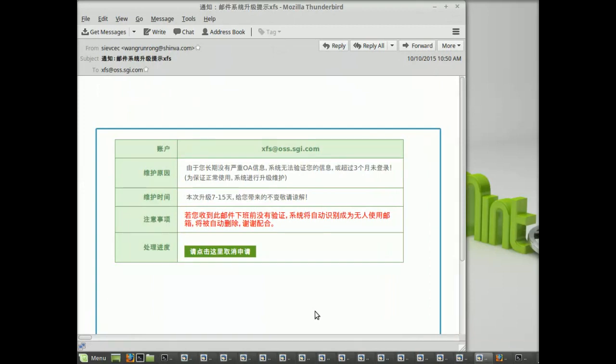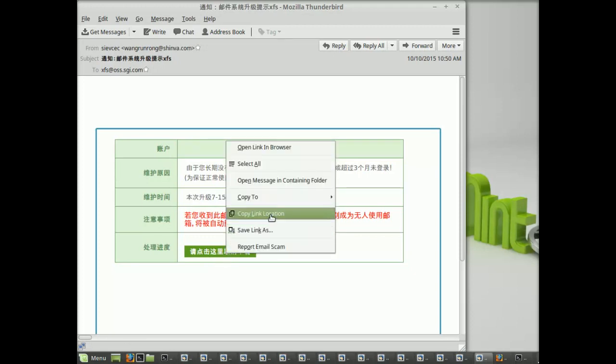And I included this one because at first glance, it looks like spam. If I cut and paste this text and stuff it into translate.google.com, it looked like spam to me. It looked like it was advertising something. But if you right click on the link and say copy link location,